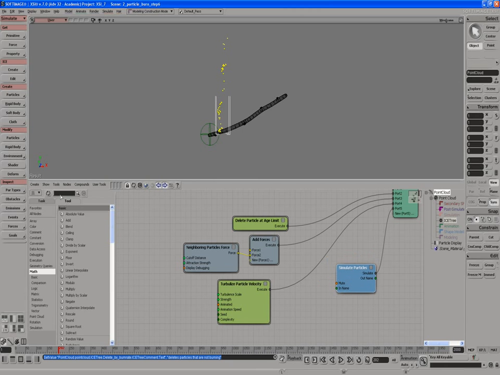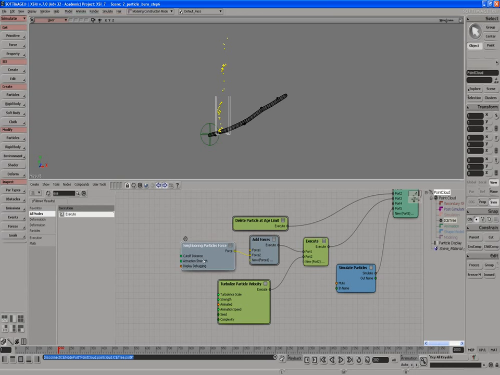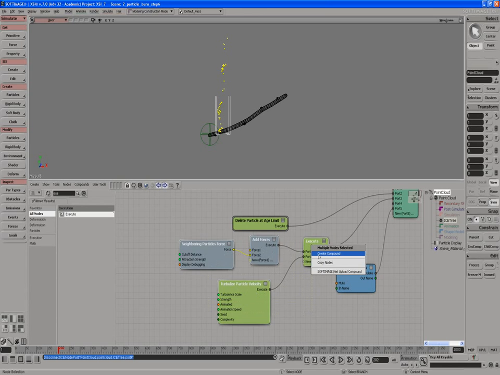So I'm going to get an execute node just to be able to have these both go into one place and then out to a single port, again to keep things clean. And then these were going into port 3, so we reconnect that into port 3. And we'll disconnect this one from port 4. So that again could be a compound. We're going to want some inputs going into this one. So pick all these up to the execute node, create compound,